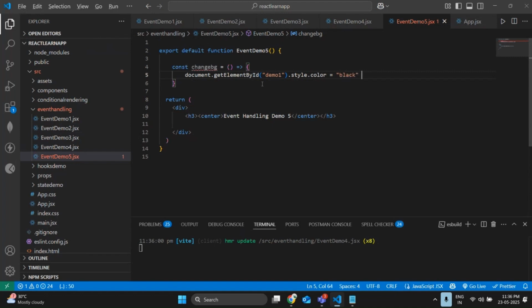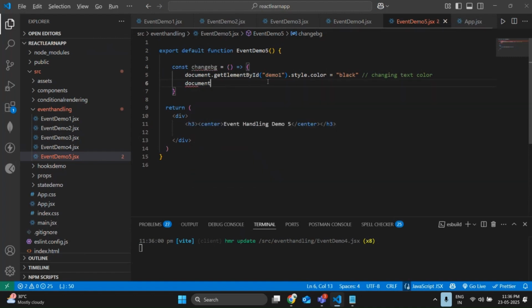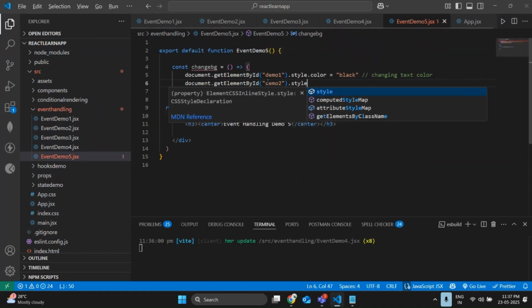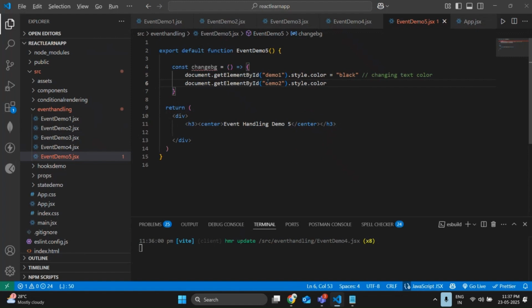Okay, I can say why I'm writing this: changing text color. We are changing text color. My name is demo1, just for demo purposes only. I'm using some random names and all. Okay, document.getElementById demo2.style.color is equal to